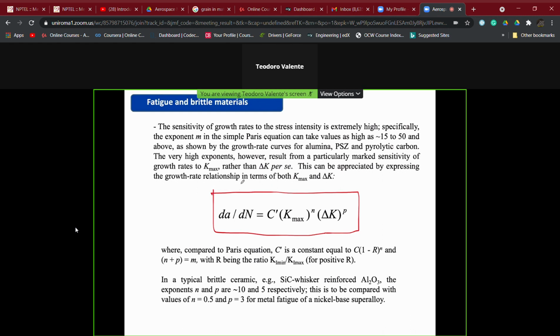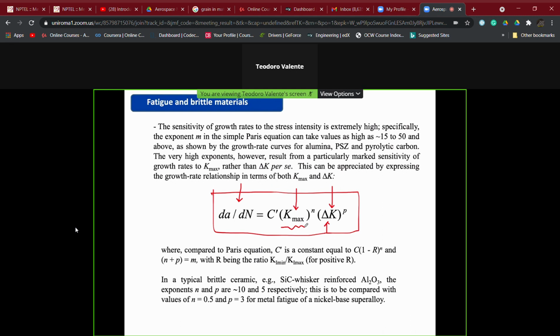As you can see, we again have a parameter, the crack growth rate, like in the formula we have seen before, and values referred to the stress concentration. We have the stress intensity factor difference, but you see here the basic equations, as we